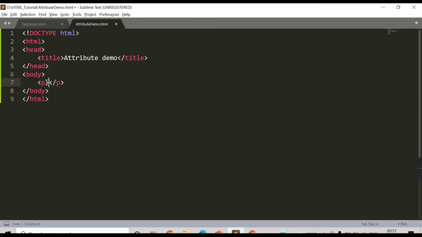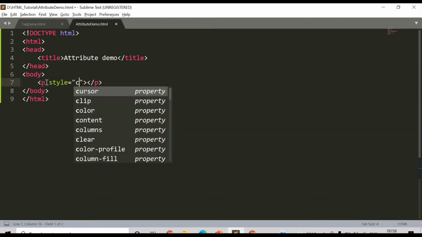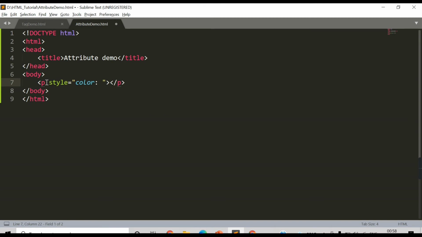So an attribute will always be in the start tag. So style is one of the attributes, and in style you can give its value. So see, we can get the predefined values here. So let's select color and you can give the color name, let's say red, and here we can provide the content.